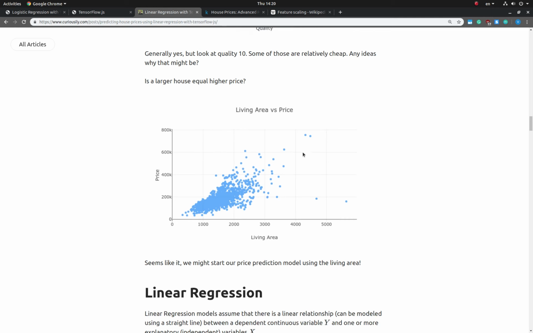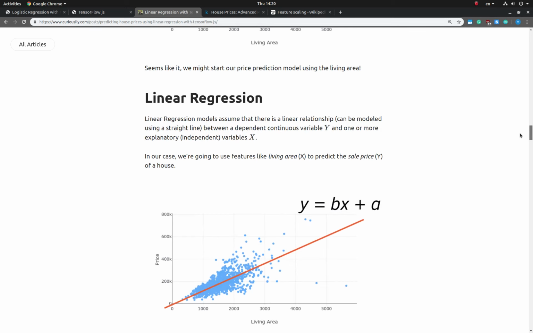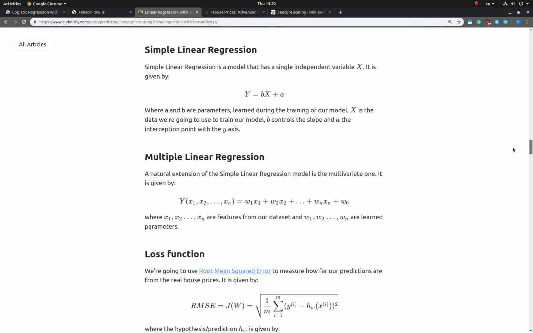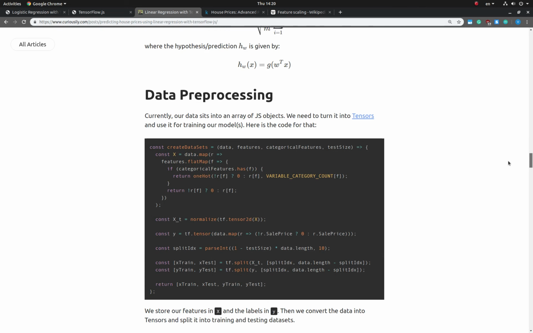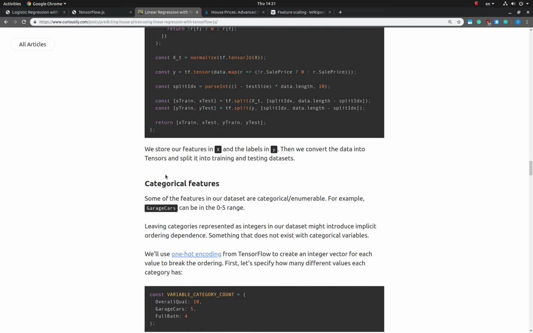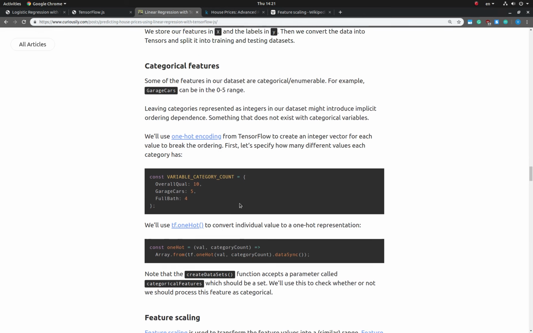For this one, I'm going to show you how to load and pre-process the data so that you can build your linear regression model. Okay, so I'm going to skip this section which explains what a linear regression is, what a simple linear regression is and multiple linear regression is. And I am going to go to the data preprocessing part. In here, you can see that we have a section on categorical features and a section on feature scaling. So in our case, once again, if I go to the features,